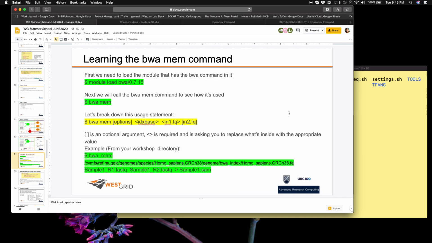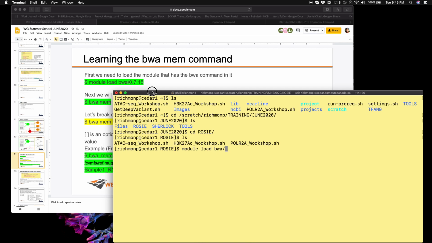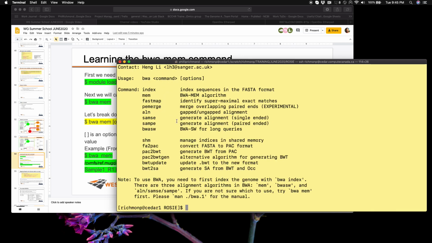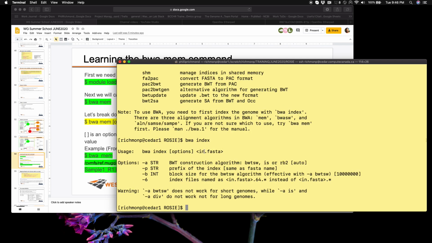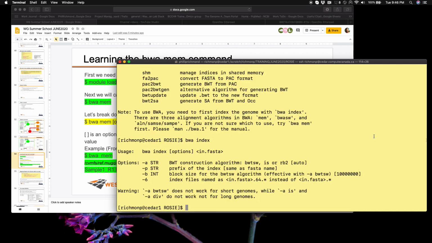Now from the command line, if I want to learn more about BWA, I can type module load BWA. We're going to be using version 0.7.15. Now when I type BWA into the command line, it gives me the different options. So if I hadn't created an index yet, then I would need to run BWA index and give it my FASTA file. But because we already have our index, we can go ahead and just explore the